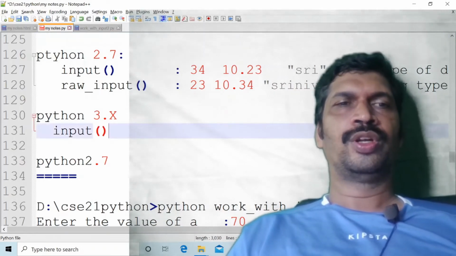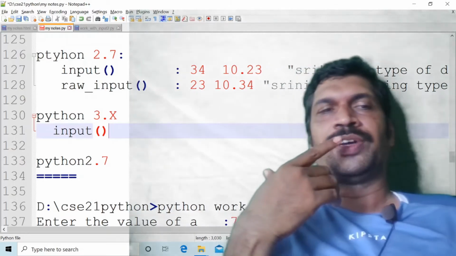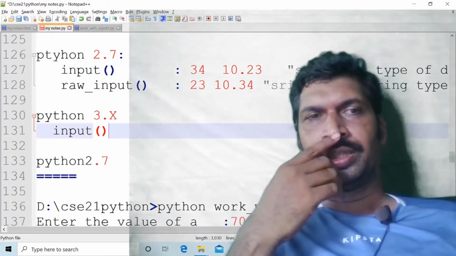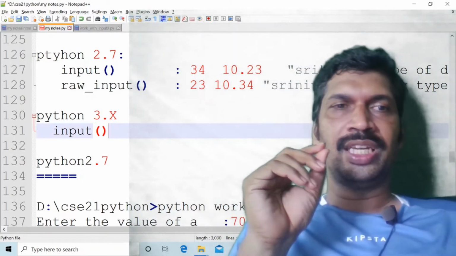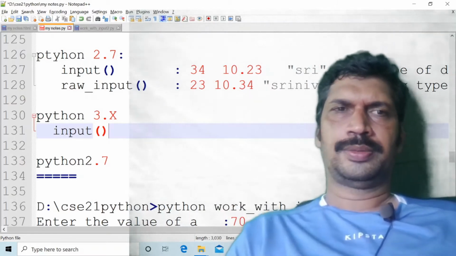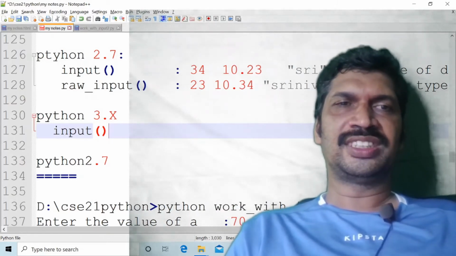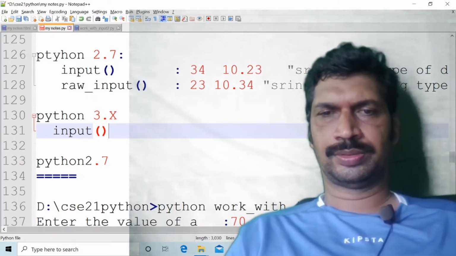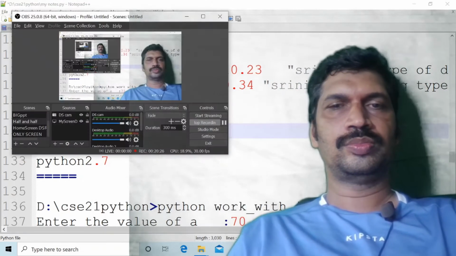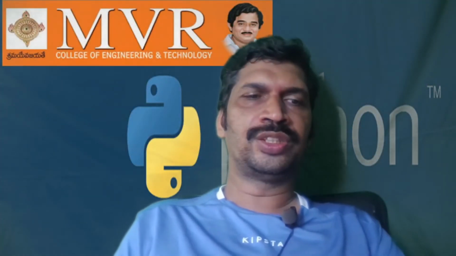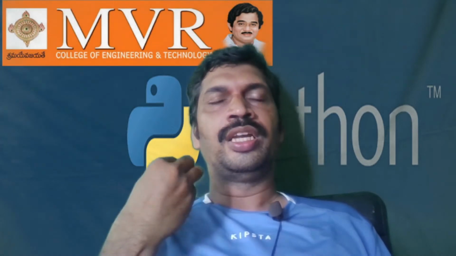What is the difference between the input function in Python 2 and Python 3? In Python 3, the input function is the same as the raw input function. In Python 3, the input function does whatever the raw input function does in Python 2.7.